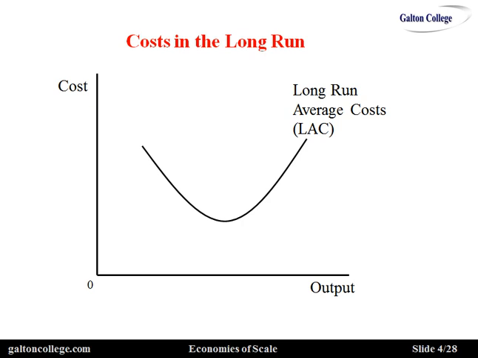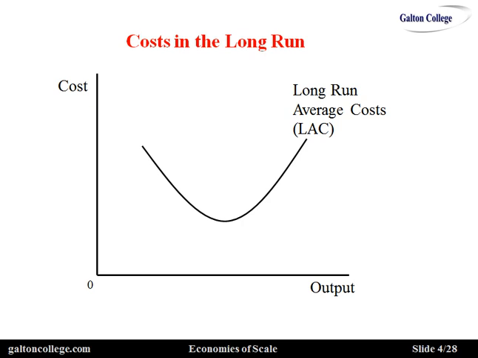Now it's the long run because the long run is that period of time in which companies plan. Companies work in the short run. They're working on a day-to-day basis. They're working in the here and now. That's the short run. In the long run, it's what they are planning. The long run hasn't happened. It's where they anticipate they're going to be in a year, 5 years, or whatever period of time.